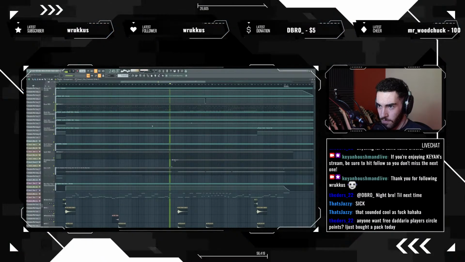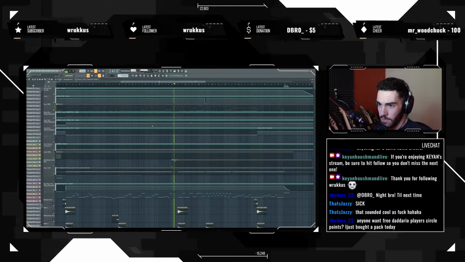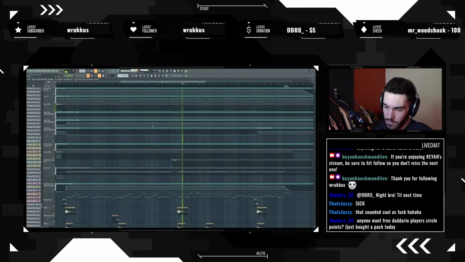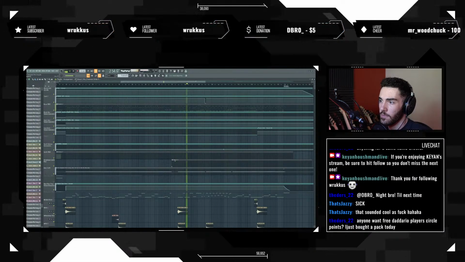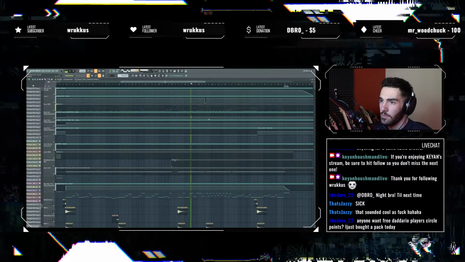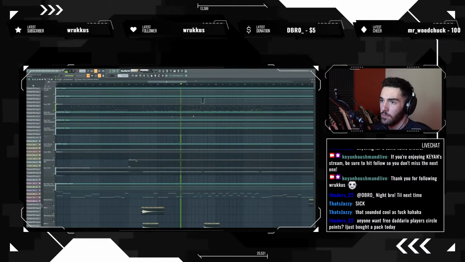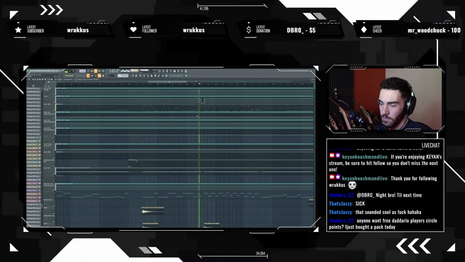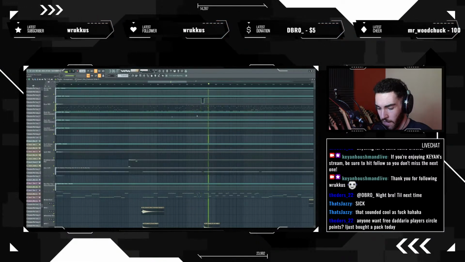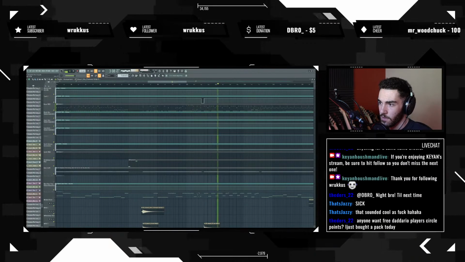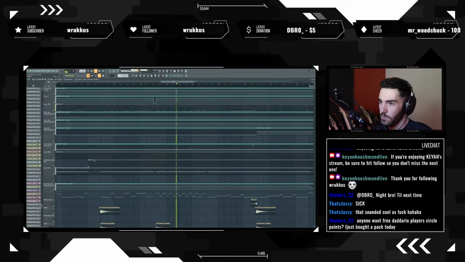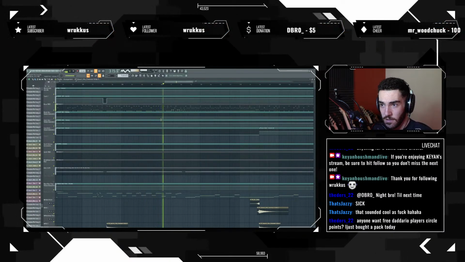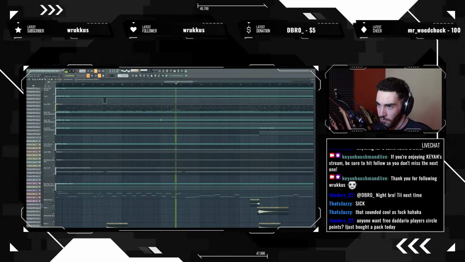Drum build up, dead space, and then breakdown. Metric modulation, stop, back into the groove. Metric modulation again, and then drum fill back into the groove.